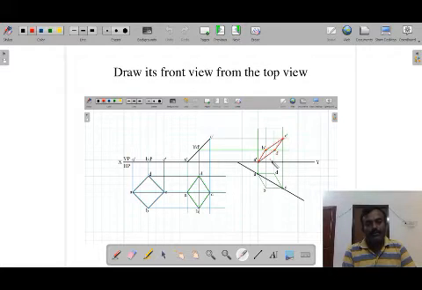Now draw the front view by intersecting the vertical line which is drawn from the top view and the horizontal line from the second stage front view. This is the solution for the given problem. The final stage front view and the top view should be thick. The remaining front views and top views should be drawn with the help of thin continuous lines.